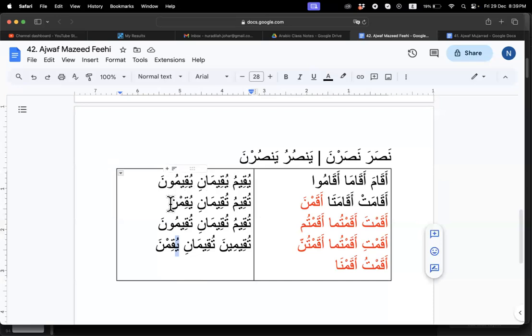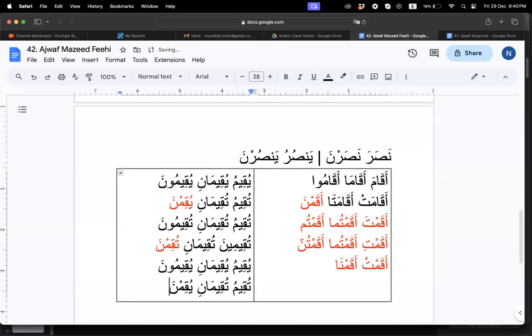When you get your first six, for the next six you just follow and change the ya to ta. So here you follow this one only, but you change the ya to ta. That's all. Tuqimna. So here and here are exactly the same, just that one starts with ya, one starts with ta. Ya is the third person, ta is the second person. And then ana will be